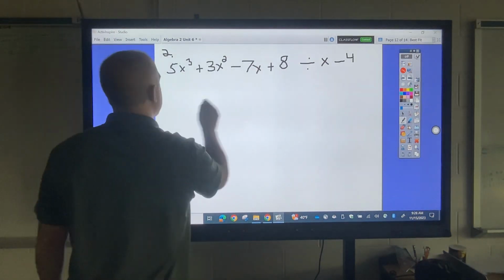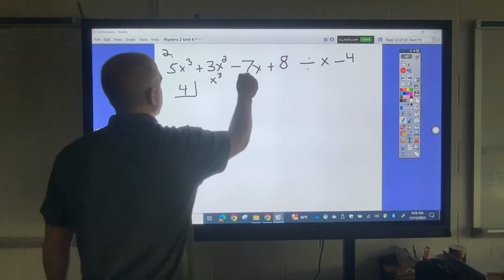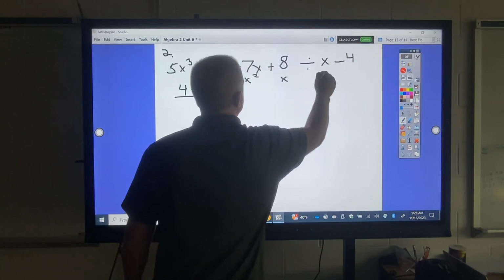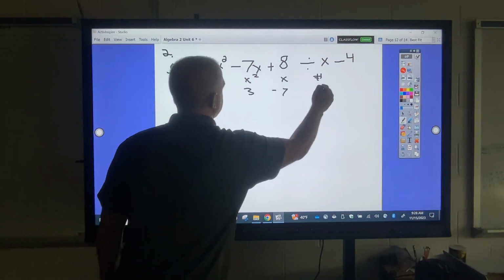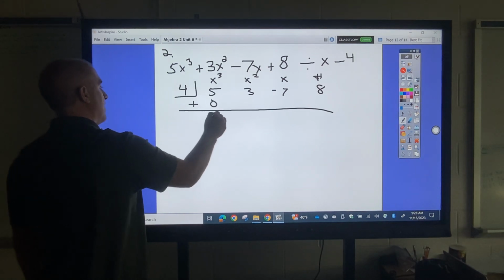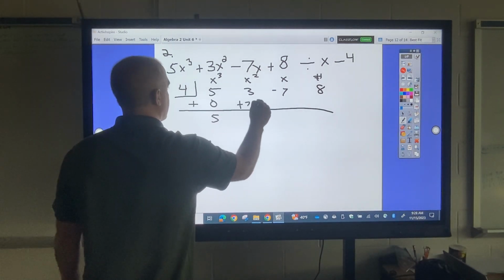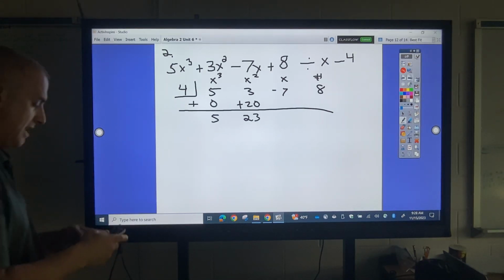So what's my number in the half box here going to be? It's going to be 4. My biggest exponent is x cubed, x squared, x number. X cubed would be 5, x squared would be 3, negative 7, 8. Put a plus 0. 5 plus 0 is 5. 5 times 4 is 20. That is going to be 23. Okay? 23 times 4,